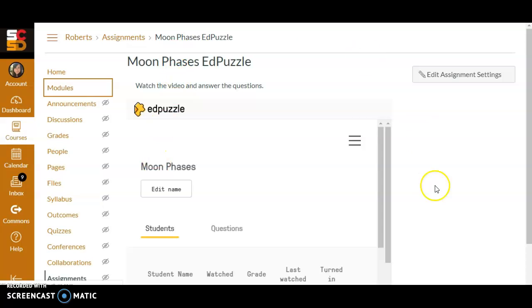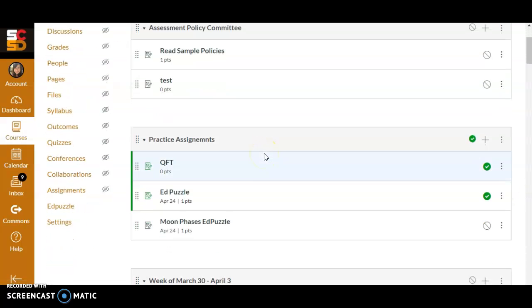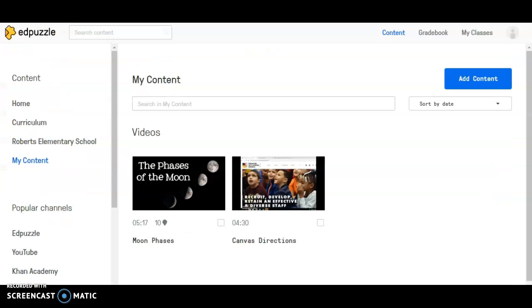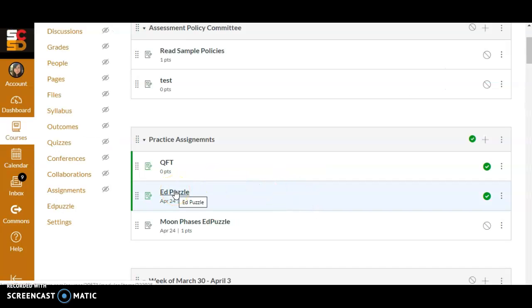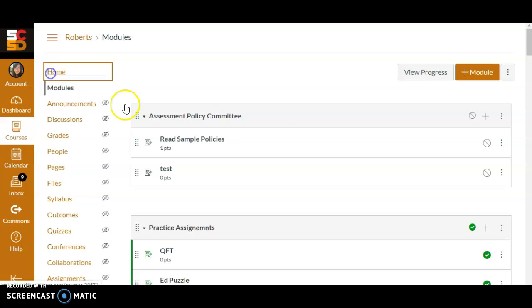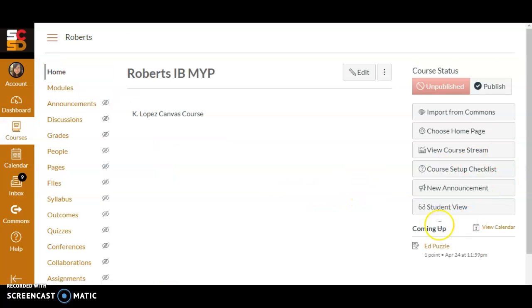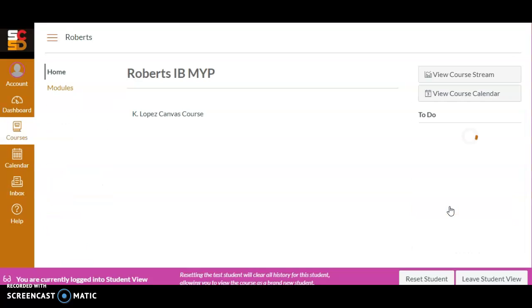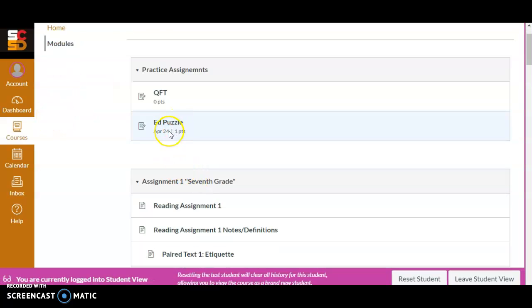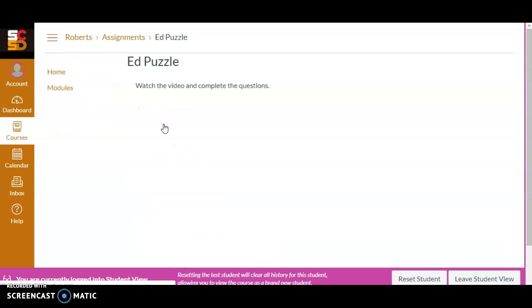I'm just going to go back to my modules, and I've already opened it in another tab, so I'm just going to show you, I wanted to go to the student view. So this is the student view. This is how you can check to see if things have been actually put into your account. So I'm going to click on my modules. There's the EdPuzzle that I put. When I click on that,